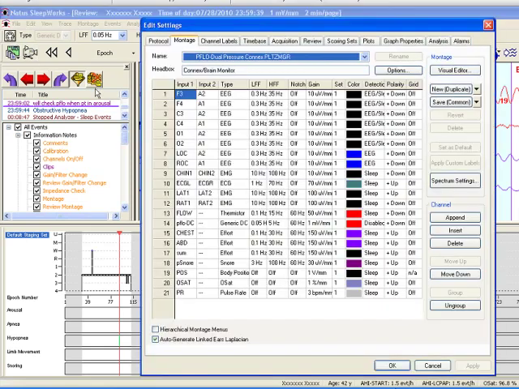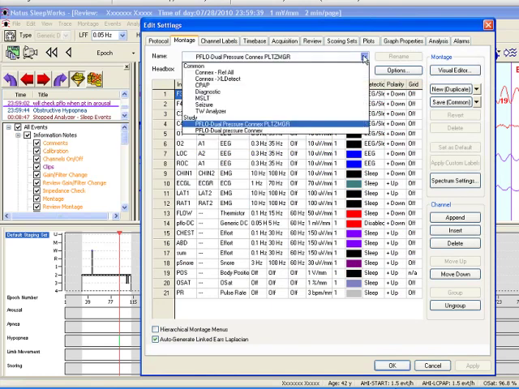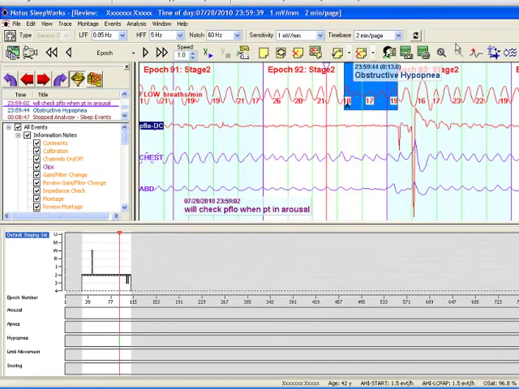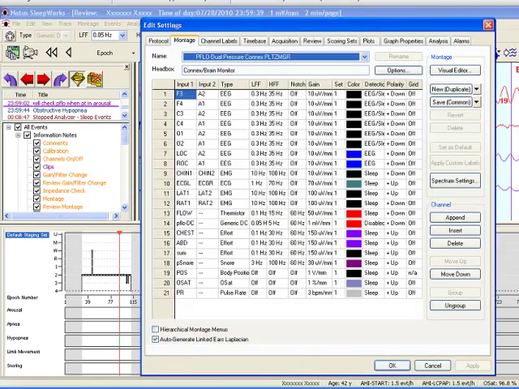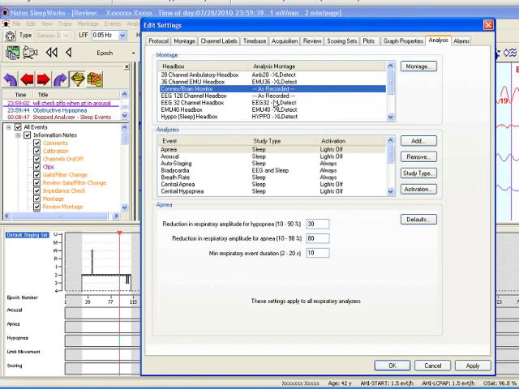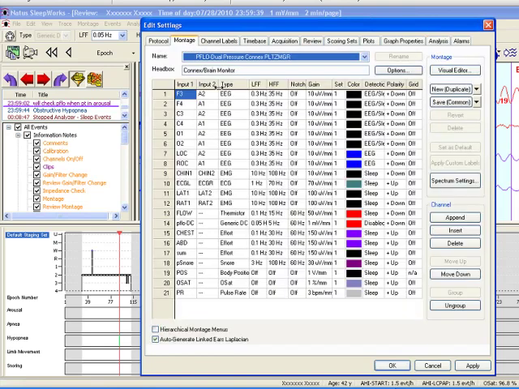Well, if you recall, the Connect XL Detect montage is only going to look at flow, abdomen, and chest. Okay? If you wanted to look at P-flow, then we need to change this. Now, we need to change the analysis montage. So, one option is to right-click and change it as recorded. If you change it to as recorded, then the analyzer will look at the individual channel types that are in